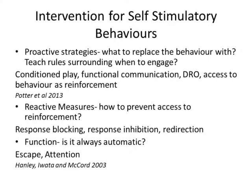And then finally, when you're thinking about self-stimulation and your intervention, you want to consider the function of behaviour. Is it always automatic? We often assume that self-stimulatory behaviour, based on the nature of it and how it looks, is being engaged in because it's automatically reinforced. And this probably is the case. Maybe you'll find there's almost always an element of automatic reinforcement,